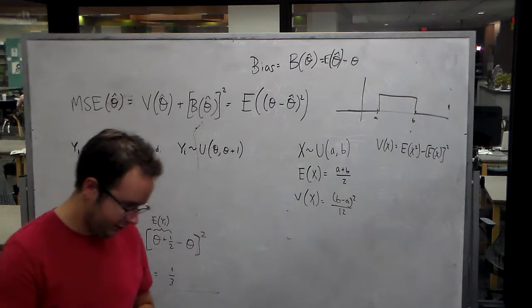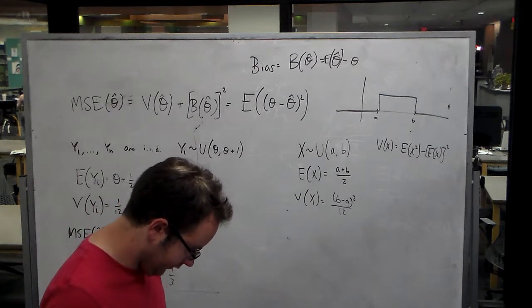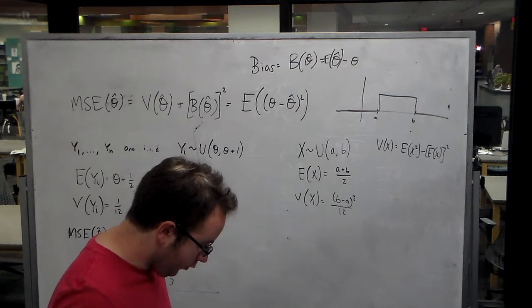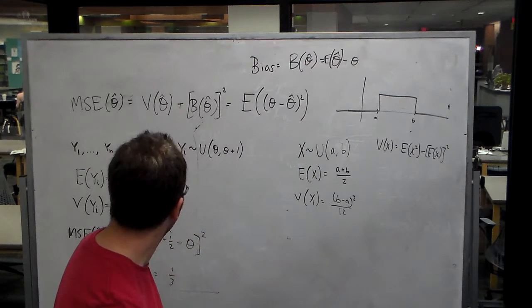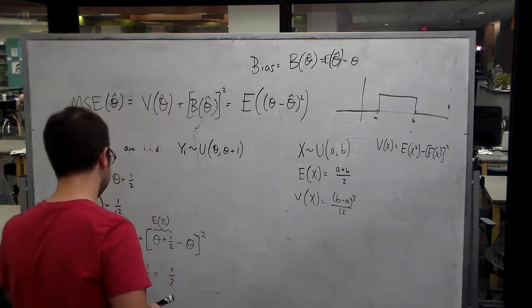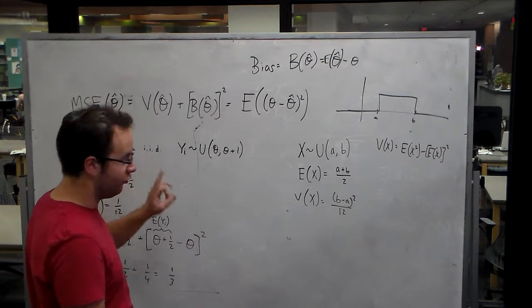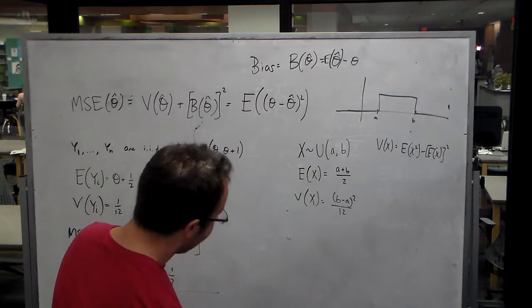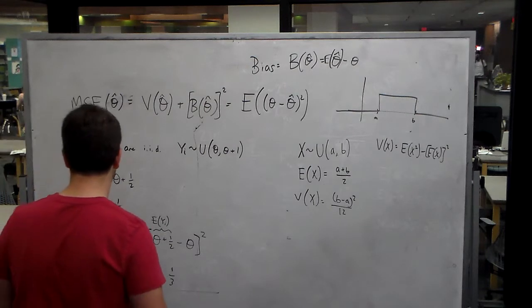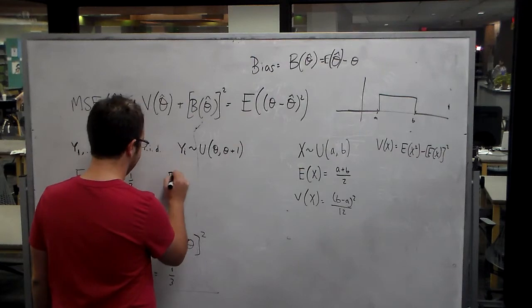Is that the answer this guy got? Doesn't seem so. Oh, it does depend on n. It's supposed to be 1 over 12n. Okay. So here's what I did, I found the expected value of just one of them. What's theta supposed to be? Oh, Y bar. We want an estimator for Y bar. So here's what we're going to do. You might have to show a little work like this. What would this expected